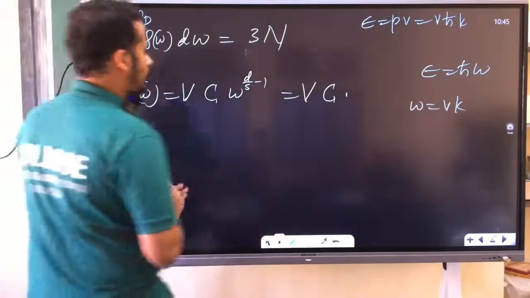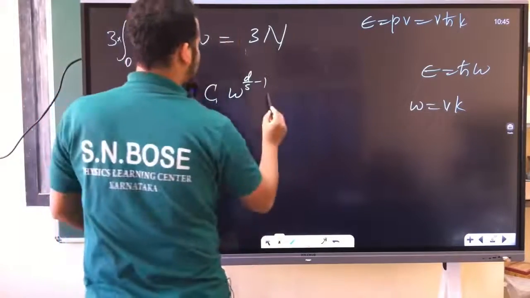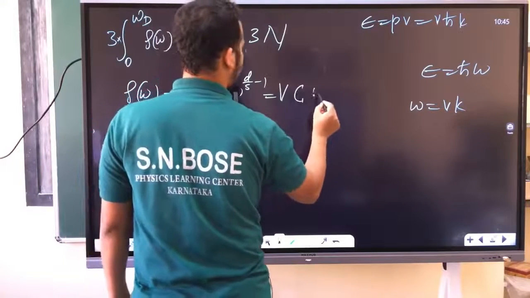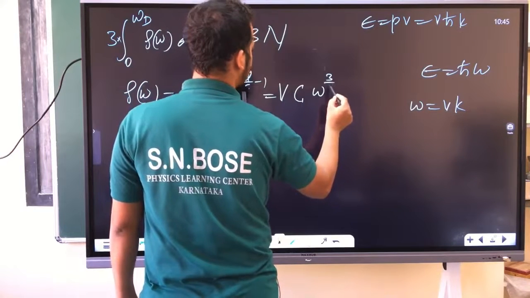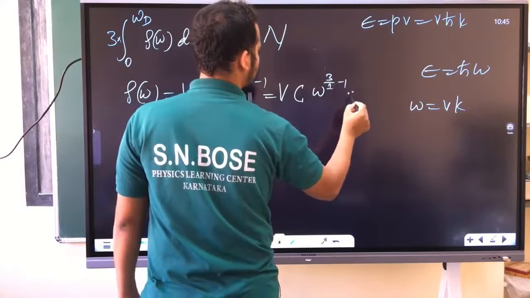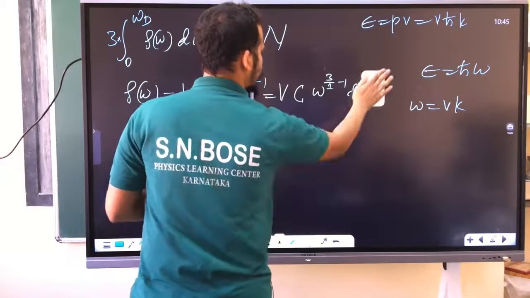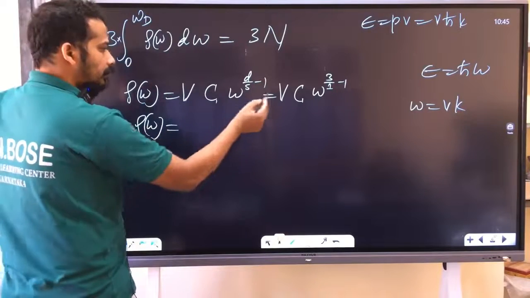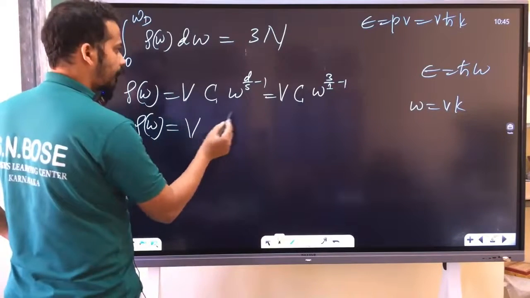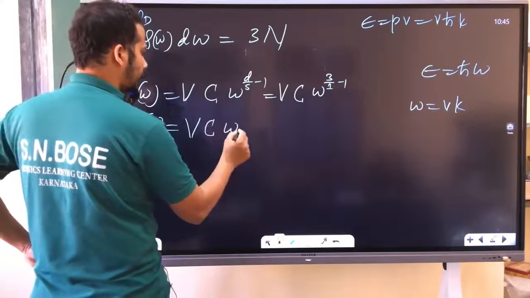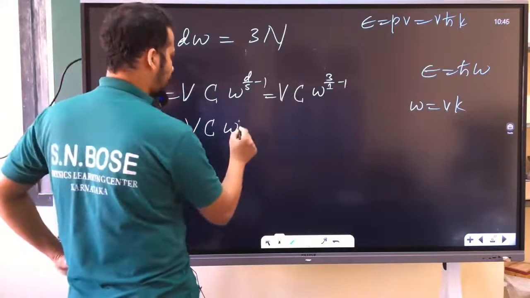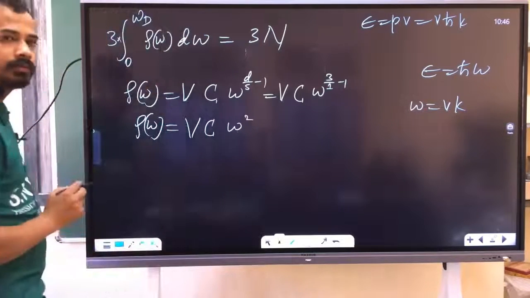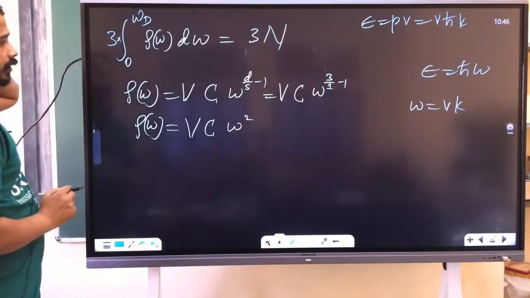Okay, so when you do this one, now, what is this one? This is equal to V constant into omega power 3 dimension, divided by 1 minus 1. Am I right? What is this value? Rho of omega is equal to V constant omega square, omega square here. Am I right? Omega square here. Now when I substitute here,